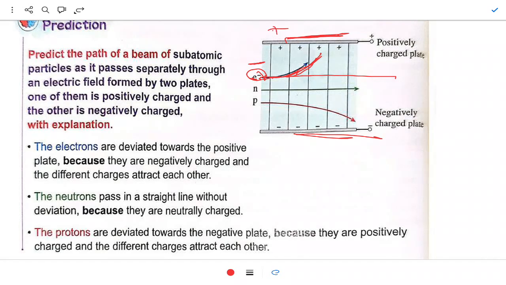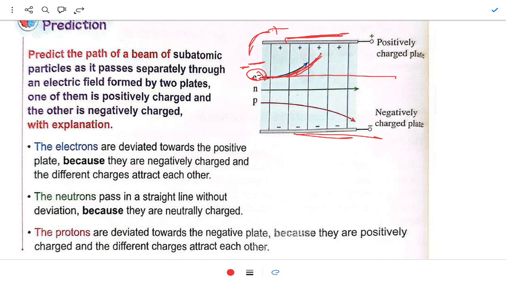And different charges attract each other. The negative and positive attract each other. So the electrons deviate to the positive plate because they have different charges, and different charges attract each other. But if neutrons move in this field,